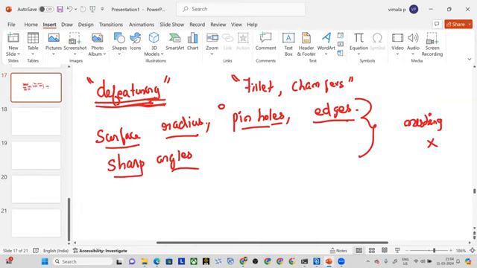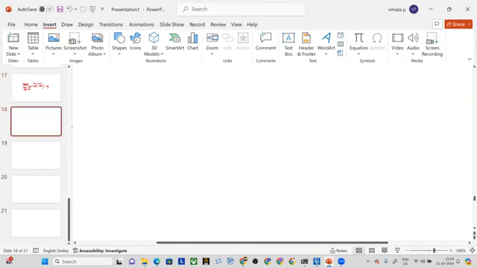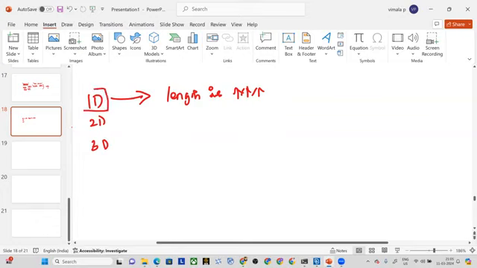So already I have defined for you what is mesh, what is node, and everything in the previous session. Now I'll tell you what is a 1D component, 2D component, and 3D component. See, a 1D component is one where the length is very, very large when compared to the other dimensions. So basically everything is 3D, but you will actually change that 3D into a 1D component based upon your understanding. For that understanding, I'm giving you a clue that if the length of the component is very large when compared to other dimensions,